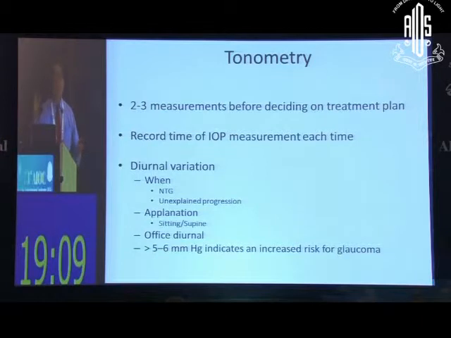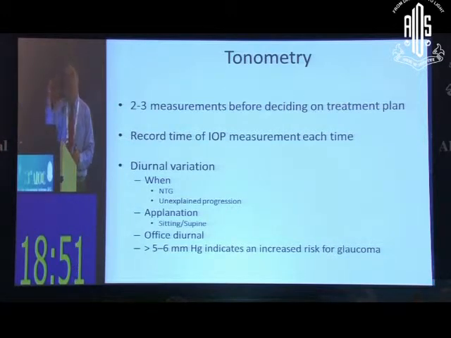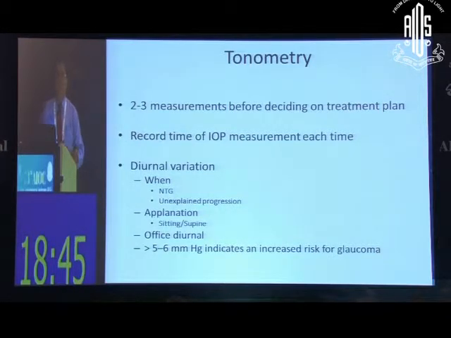It can be done at resident level and in institutions. You can admit the patient also and record the nighttime pressure, but that often is not always possible. So what we suggest is to do an office diurnal. It means to take 2 to 4 measurements from morning to evening the same day, or you can call in the patient within the next 7 to 10 days at different times of the day and have some idea of how the pressure is behaving. So that is office diurnal.